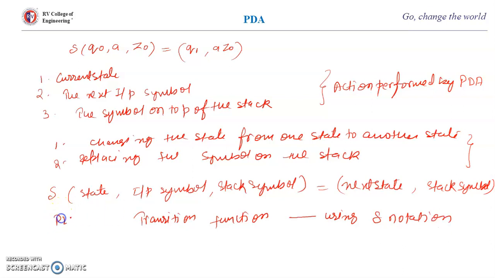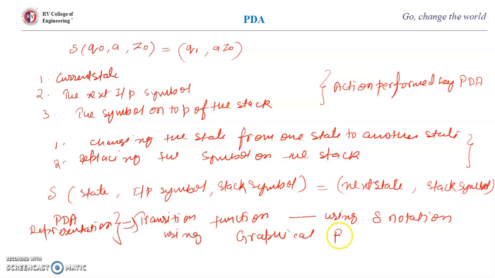So PDA representation, you can say. The first one is that, and the second one is using graphical representation. So when we have to construct a PDA, we can either give a delta notation representation or we can give the graphical representation. Okay, so now delta representation is this one, like we'll be writing three tuples, the state,